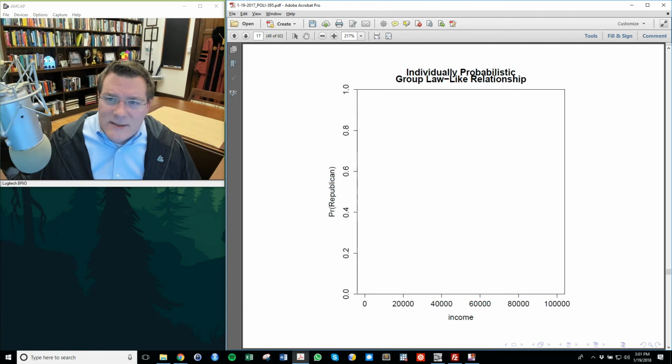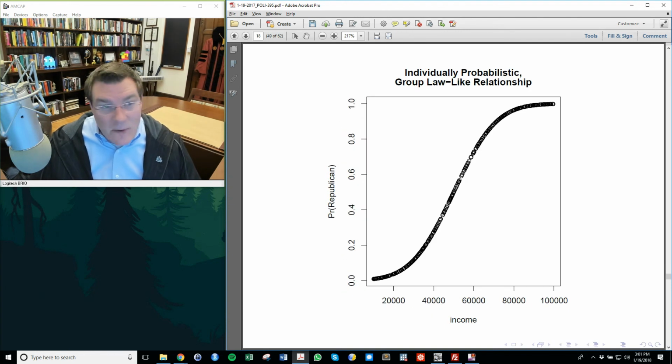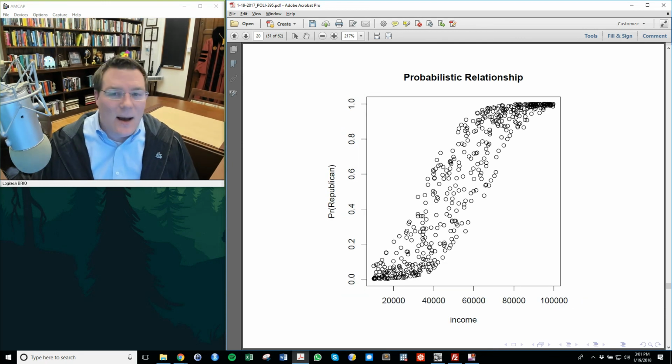Relationships in the hard sciences might look like this or this more often, because they are typically examining phenomena that are under careful laboratory control with no outside influences affecting what happens to the dependent variable that they're studying, the probability of voting Republican in this case. In our example, people's voting decisions are influenced by innumerable things, not just their income, and we don't have a laboratory where we can hold people's personal characteristics constant. So the data look more like this. And therefore, when we assess relationships, we tend to see noisier relationships.